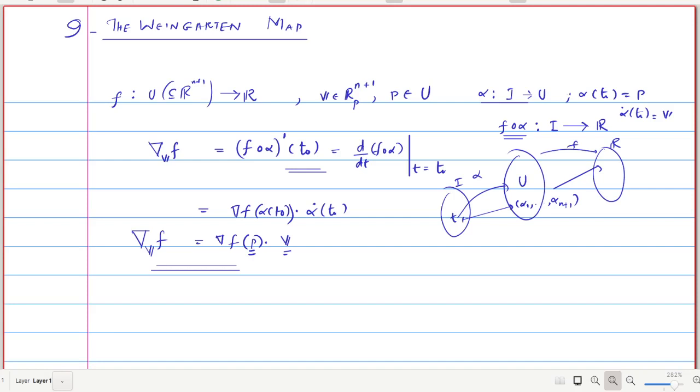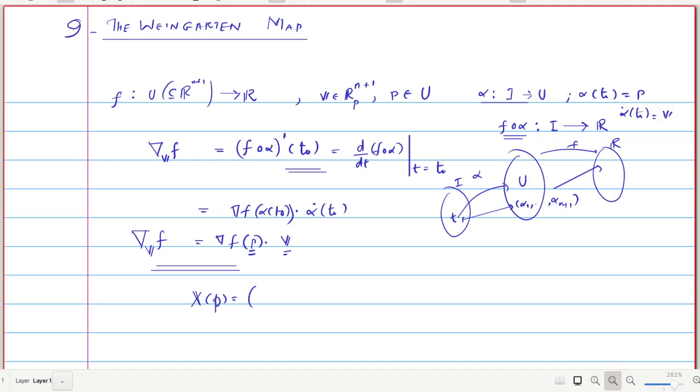Okay, so first you define this derivative of f, which is called the directional derivative of f along V. Okay, so this is the derivative of f in the direction of V. So first we define this, then you can say that the directional derivative can be defined for every function U to R. Okay, and if you have a vector field X, then X of P is defined to be